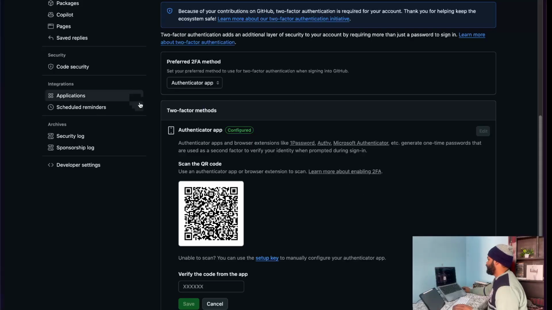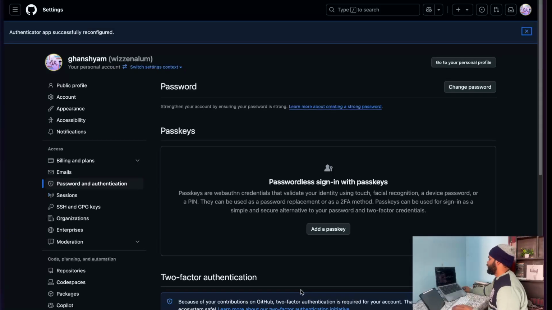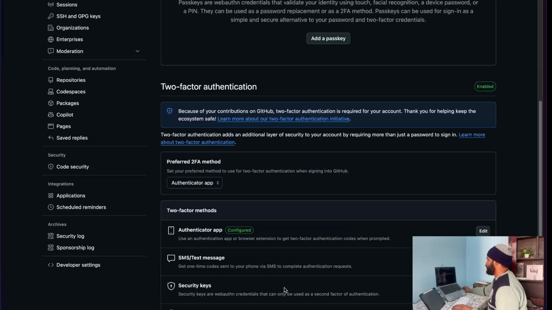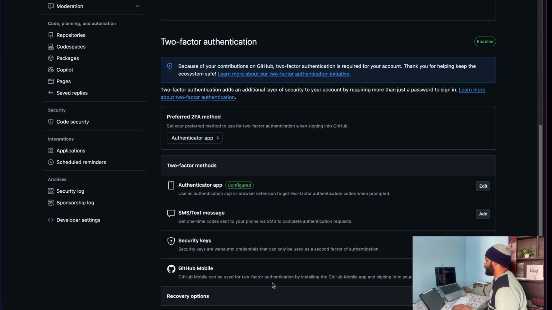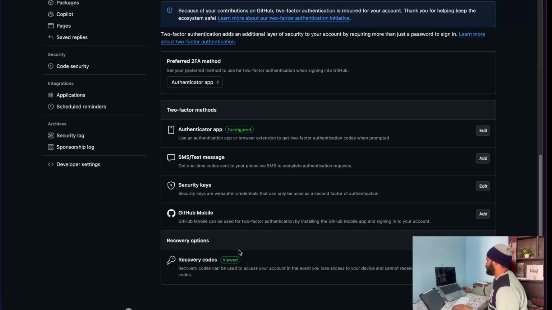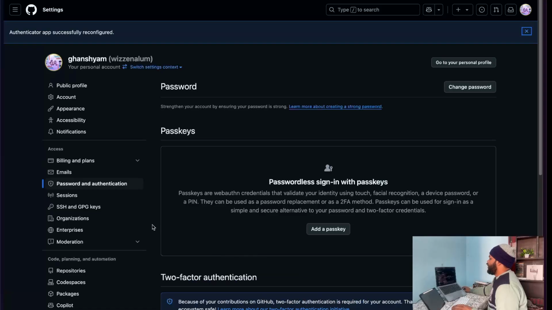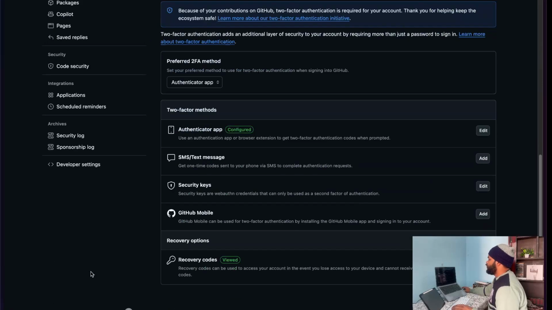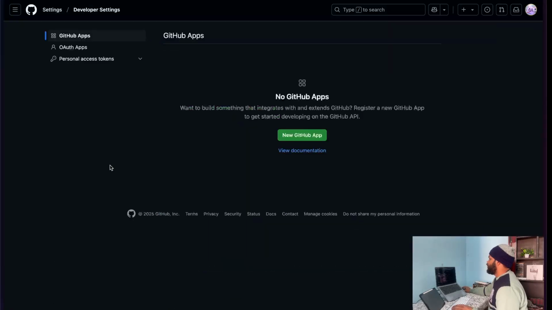Now if I try to make it work, we need to copy the code and then paste it and save it. So now two-factor authentication is saved perfectly fine. Similar thing for GitHub mobile. Okay, that's okay. Now we have done it. We can go to the developer settings and try to create a token,